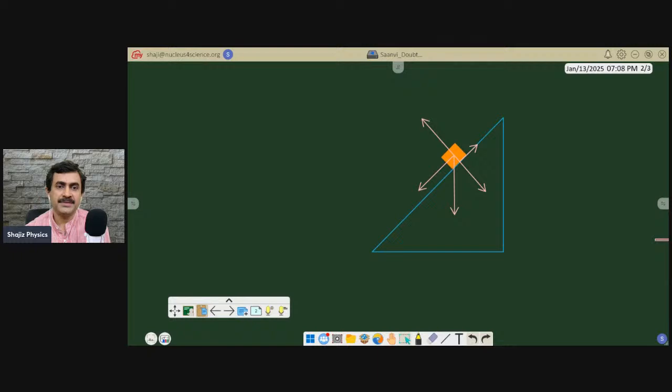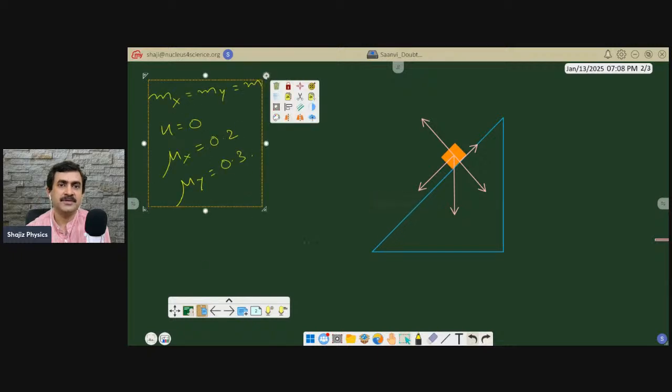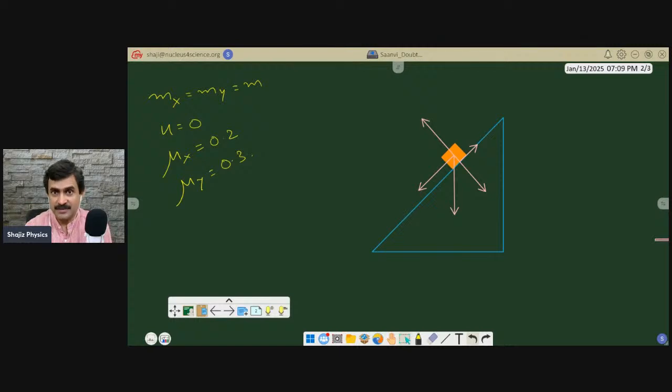Now I wanted to paste it here. I'm pasting the information here. Okay, now it is ready. We shall analyze the situation first. See, both the boxes are placed on a slope which is making 45 degrees with the horizontal. What does it mean? This is the horizontal line. From the horizontal line, the slope surface is making an angle of 45 degrees. That is what it means. It is given in the figure itself.